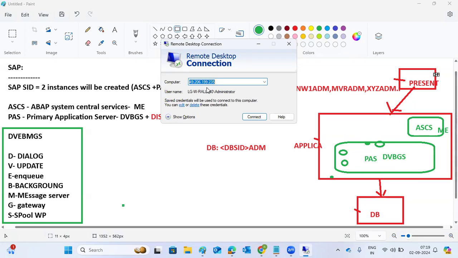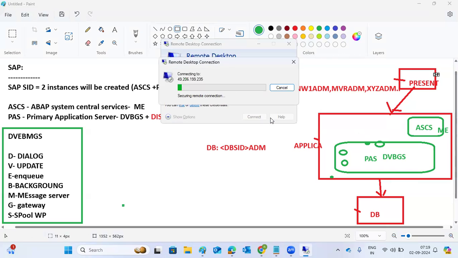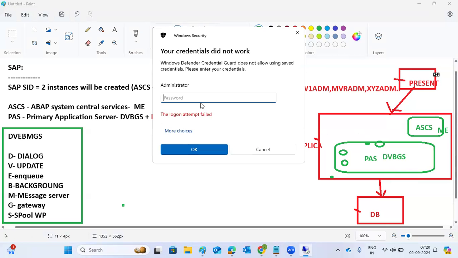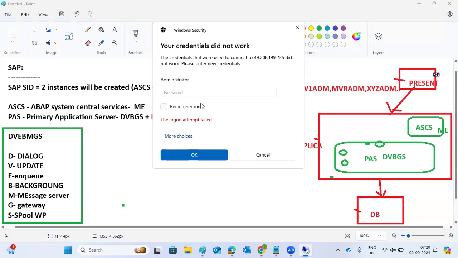But for our actual administration-related activities, we have to use this box, because it is super fast. So you can log into this jump server. The same user IDs and passwords will work. Just log into the same jump server. It will ask for the user ID and password, and once you log in,